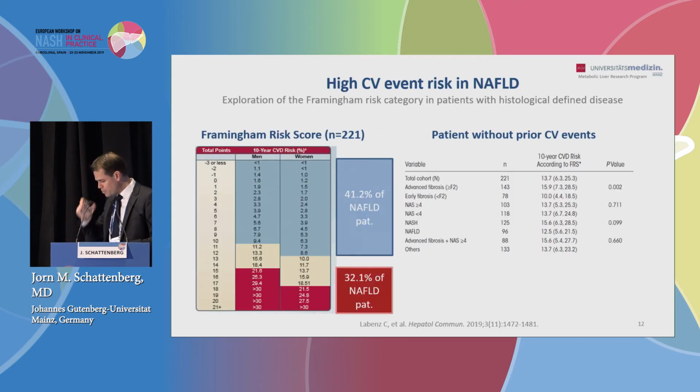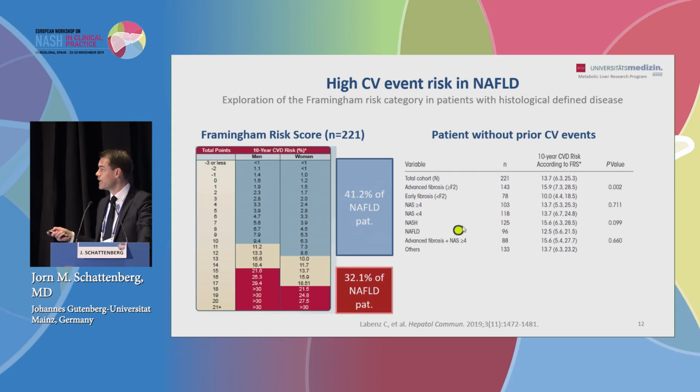And when I look into my patients that underwent liver biopsy, this is a study we did here. All patients with histologically confirmed NASH, they have a very high cardiovascular event risk from the beginning. You can use the Framingham risk categories to try to predict cardiovascular events, and the Framingham risk score separates patients into a low or a high 10-year risk of developing cardiovascular disease, and the high category starts with 20% within 10 years. And if I look at my patient cohort that underwent liver histology, a third of them are in the high-risk group. So per se, and that's per definition in the Framingham risk score, they did not have a prior cardiovascular event, they have a high risk of developing one within the